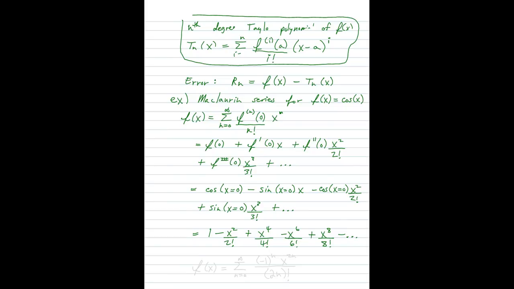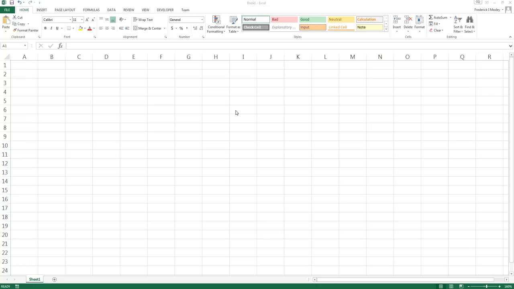Okay, and so with this information we can go ahead and define the Maclaurin series for f of x equals cos x, such that f of x equals the sum, n equals 0 to infinity, minus 1 to the n x to the 2n over 2n factorial. So here I think it's useful to go ahead and describe how to write a subroutine in VBA